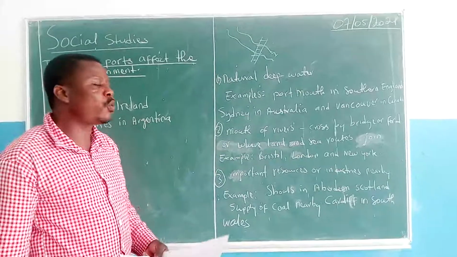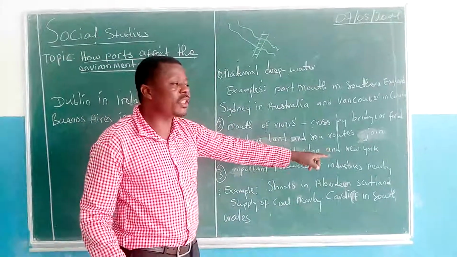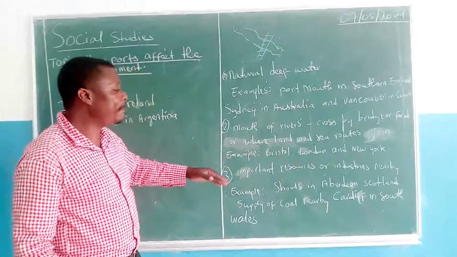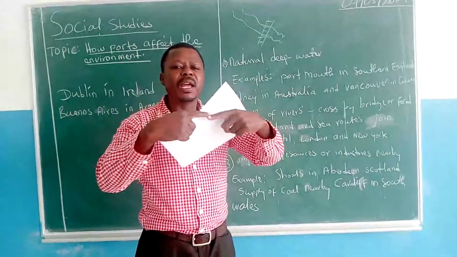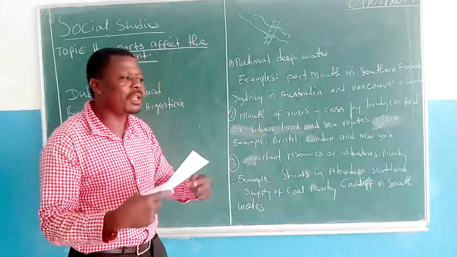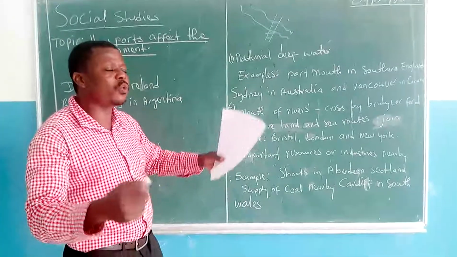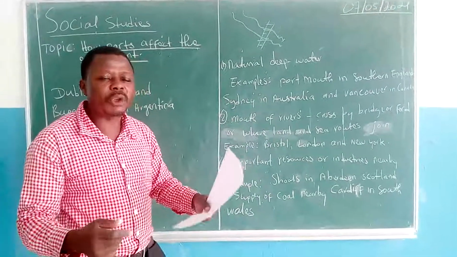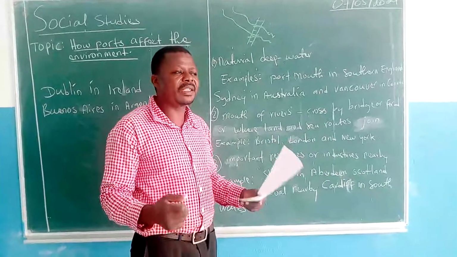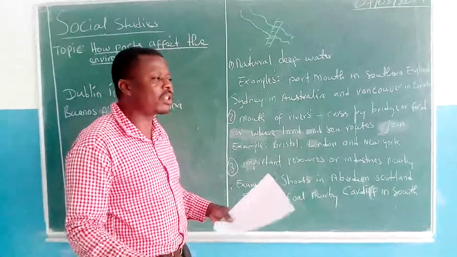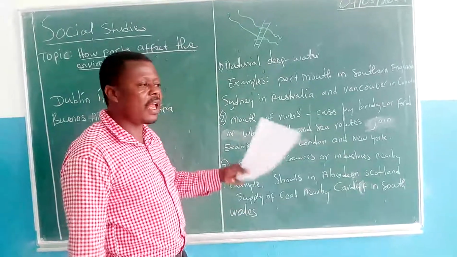It is good for you to remember that Bristol, London, and New York City are found in places where land and sea routes meet together. Wherever land and sea routes join together, great ports and cities have developed. Great cities, towns, and ports have developed where sea routes meet with the land route.